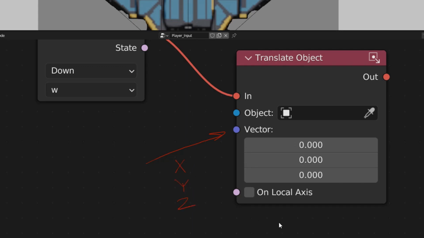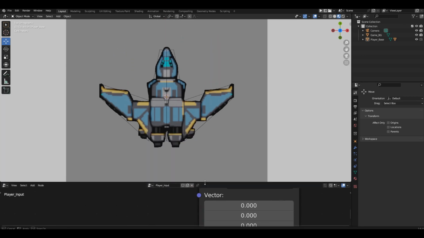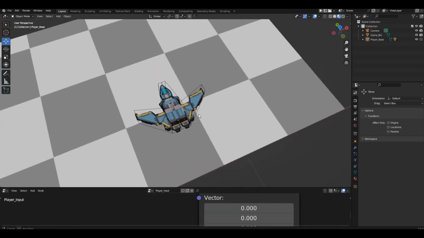Of course, we can specify all the necessary values directly here in the block. But sometimes, we'll have to connect other blocks to this input. Let's get back to our control. We want the spaceship to move forward when the forward key is pressed. So, we need to determine where forward is for us.